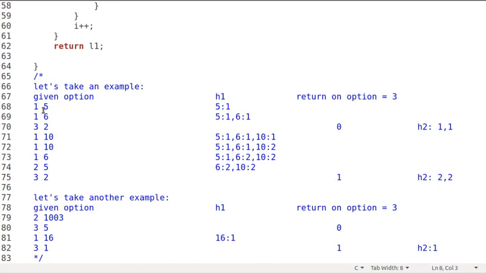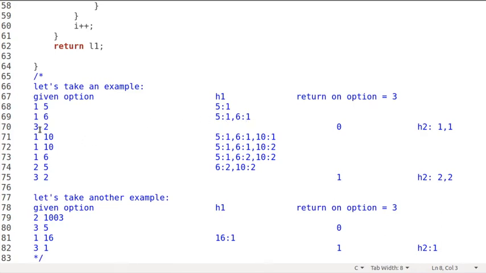Here we have query 1 and 5 as the value. So 5 is the first element, so it will get the frequency 1. Then again we get 6 with query 1, so it will be added again. We didn't have 6 in the list, so 6 with frequency 1.